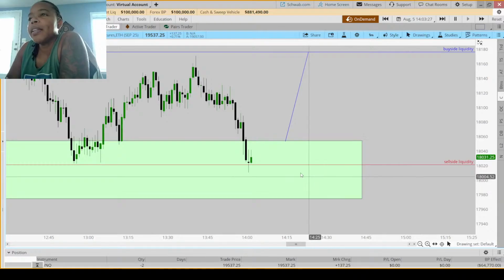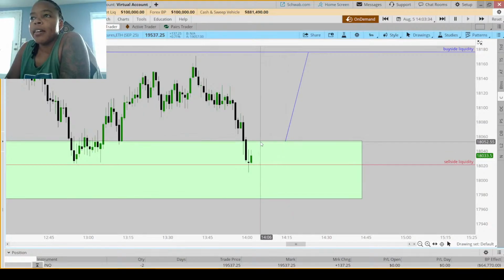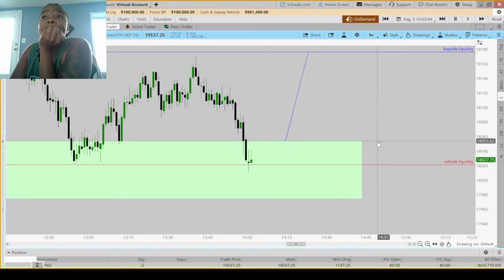So I'm hoping they create a couple more candles here so that we can have a bit of a mini shift. And then an up close, a down close candle at the top of this would be what I would go for an entry, and then run up. That's what we're looking for.